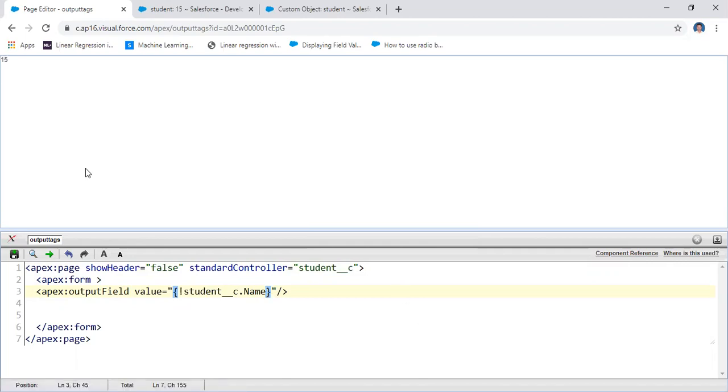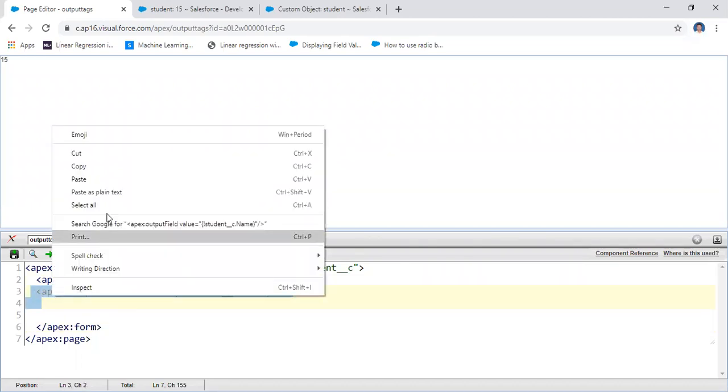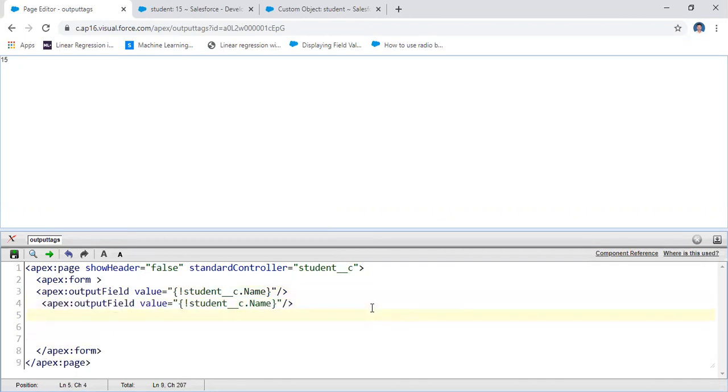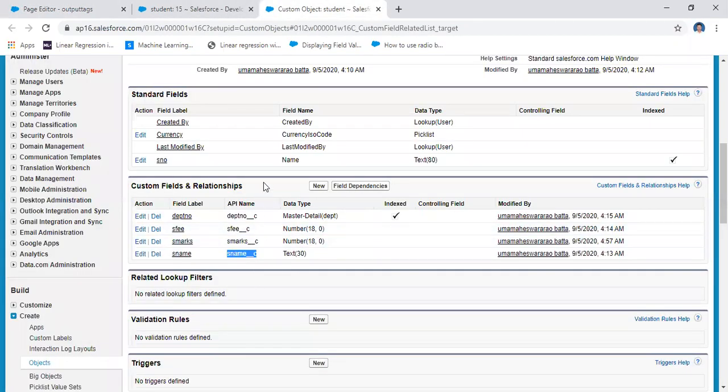I'm going to display that information. Similarly I'm going to display other field related information, for example student number, student name, student fees. For example, student fee, c dot, dot name. That means I want to get that information.